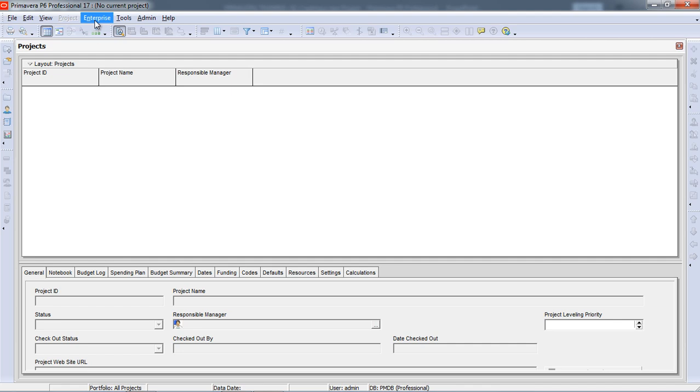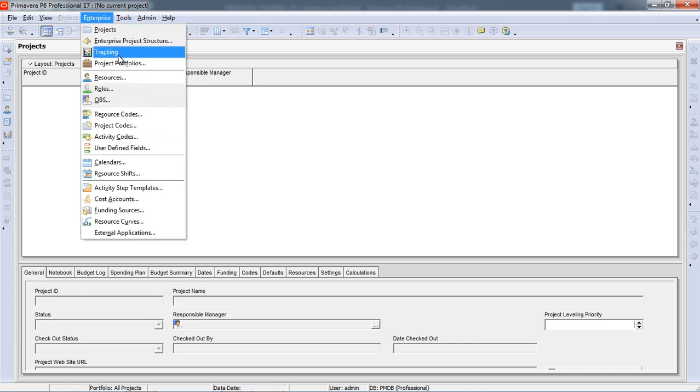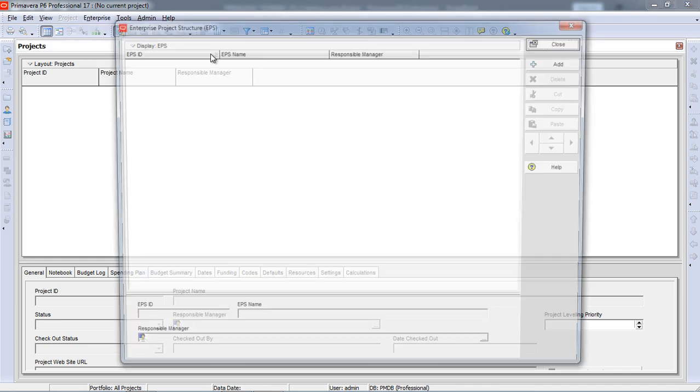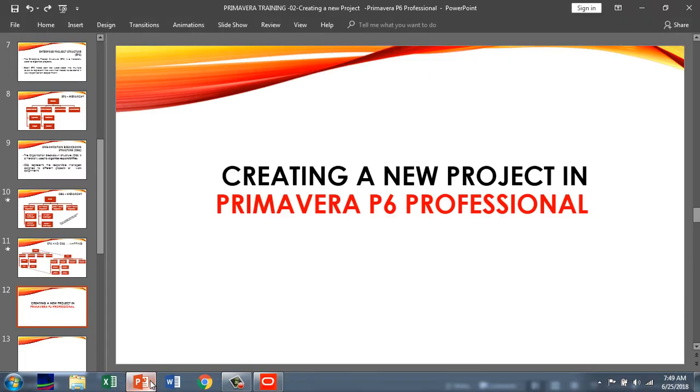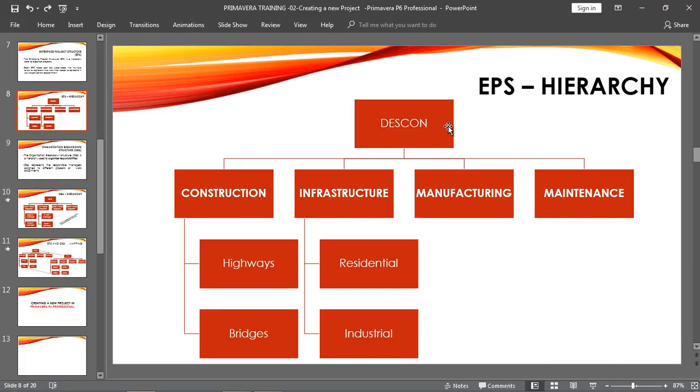For EPS creation, I am going in the enterprise project structure. There are also multiple options, but now we are discussing only EPS and OBS. In the EPS, here you will add all the data of EPS. Here is an EPS hierarchy: Descon, construction, infrastructure, manufacturing, maintenance,